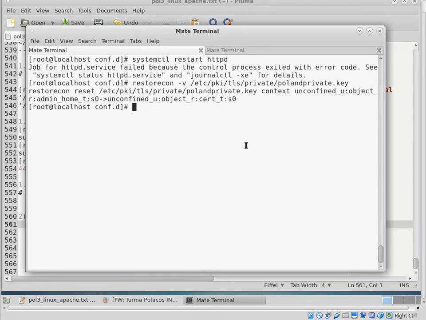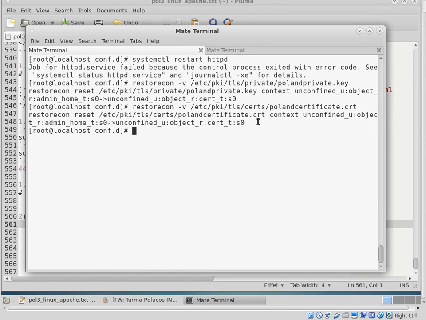Right now it had this one, and we have to do the same for the certificate key, the cert key. So /etc/pki/tls/certs, and then Poland, and right now